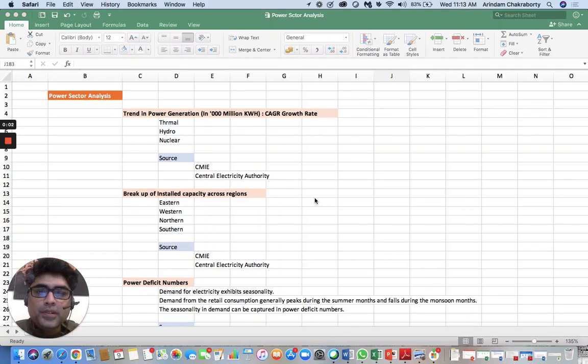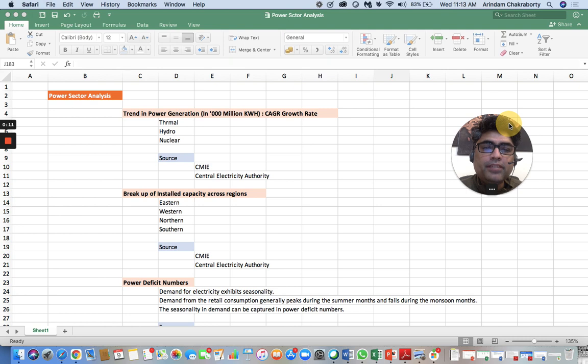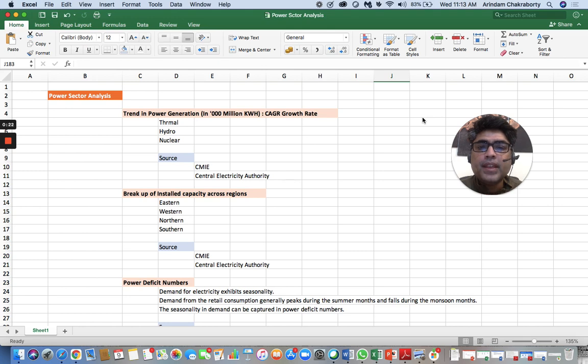Hey guys, so let us today discuss how the power sector can be analyzed, right? What should be the framework in which we should ideally try to analyze this sector? And the two most common questions that come up are which set of things one needs to look into to really analyze the industry in the best way possible, and how we